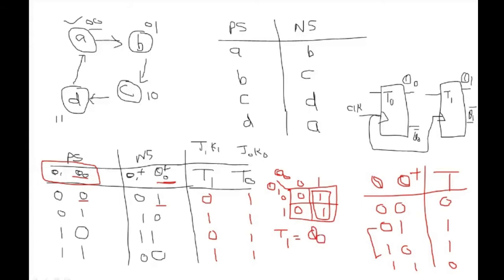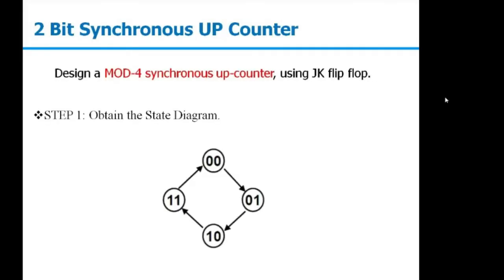So we have got the value of T0 and T1, and similarly if you will solve the two variable K-map for T0, T0 will be 1. You can cross check this part. So here it will be connected to VDD or 1, and Q0 will be connected to T1, and that completes our 2-bit synchronous up counter circuit. If you will see, we can say it's a 2-bit synchronous up counter or mode 4 counter because it is counting till 4. Total 4 states it is counting: 0, 1, 2, 3.